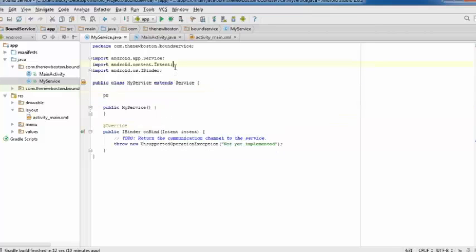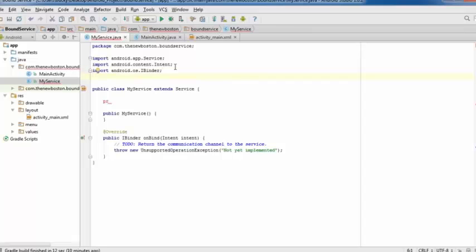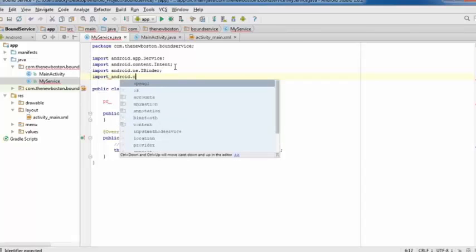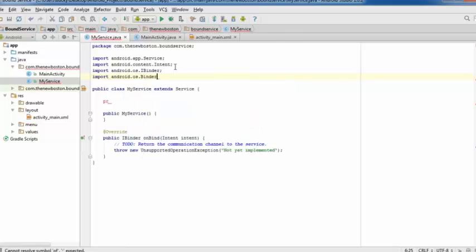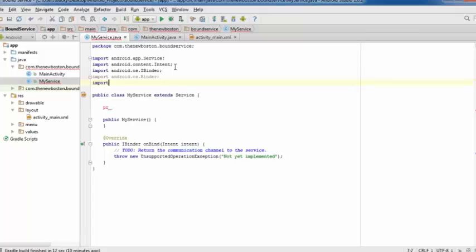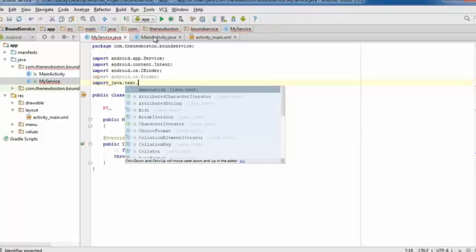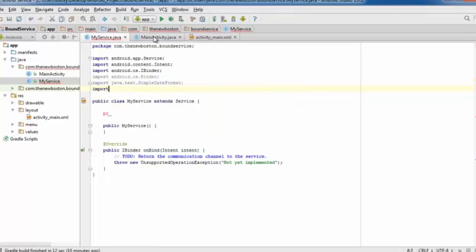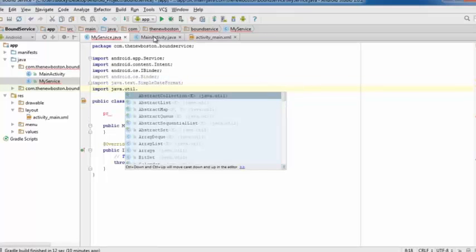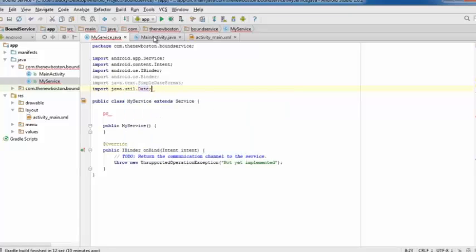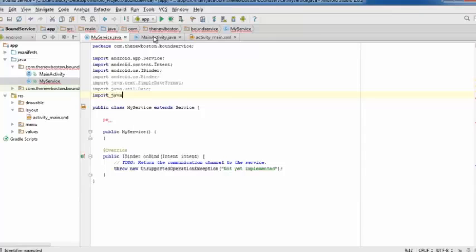Now, we need to import some stuff first. Alright, so import android.os.Binder, and of course we need to import all the stuff to give us access to change the time. So that is java.text.SimpleDateFormat, import java.util.Date, and import java.util.Locale. Alright, so now that we got all of our stuff that we're going to use imported,